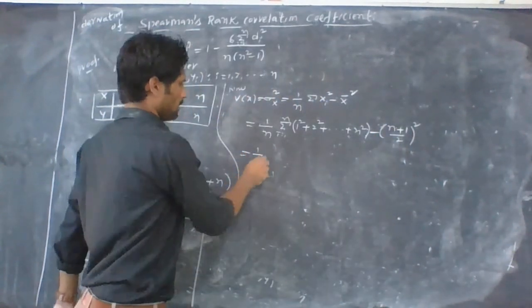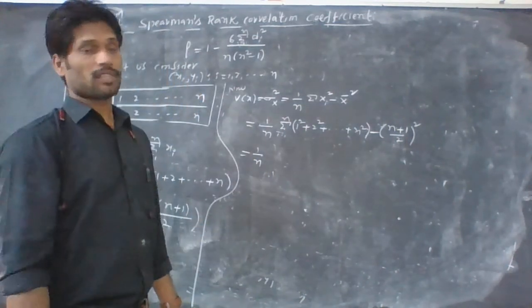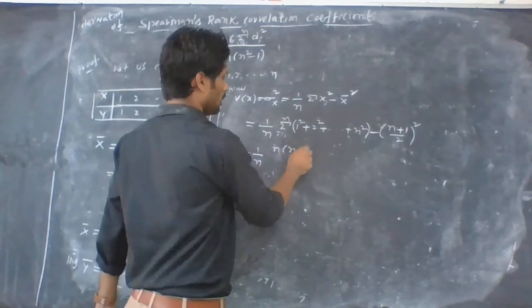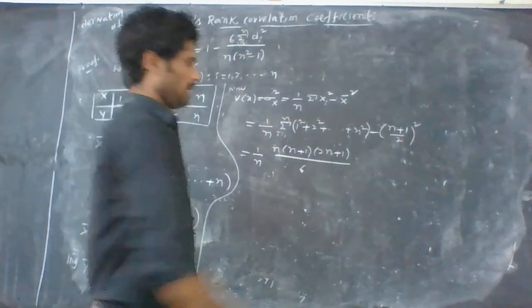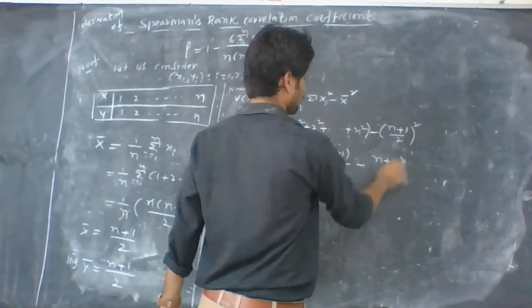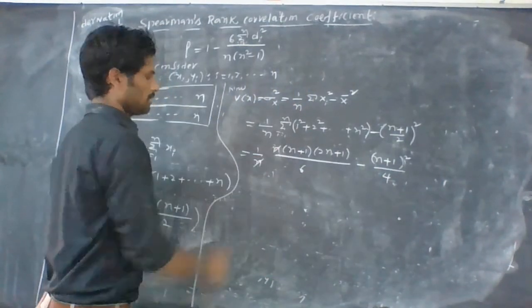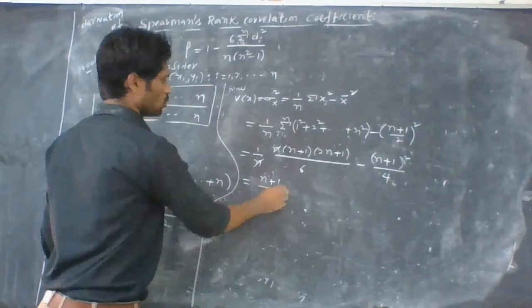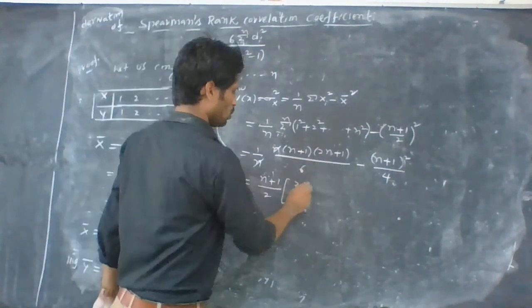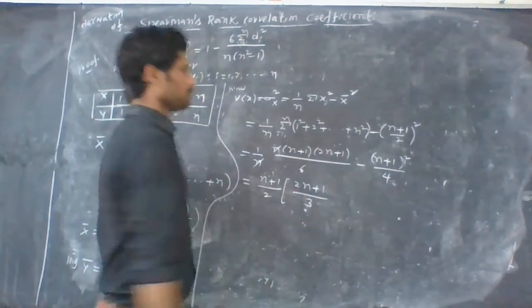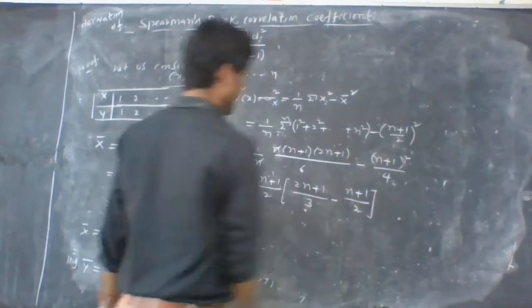So 1 by n times the sum of the first n squares, which is n into n plus 1 into 2n plus 1 by 6, minus n plus 1 whole square by 4. The n will cancel. Taking n plus 1 by 2 common, we get 2n plus 1 by 3